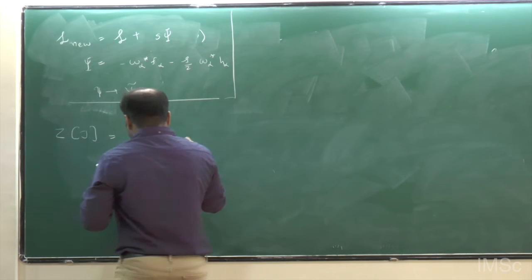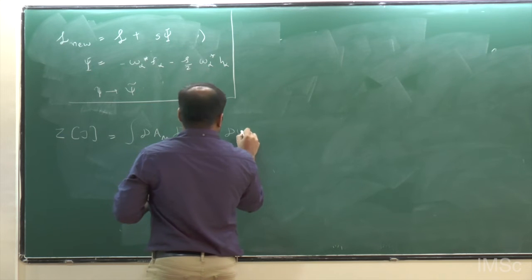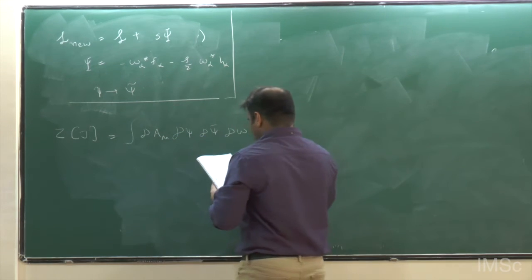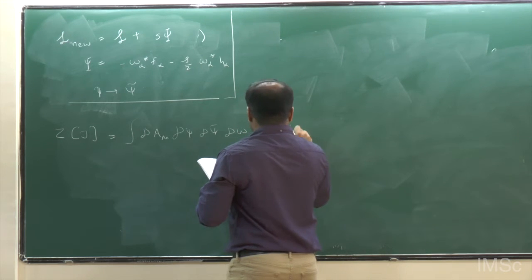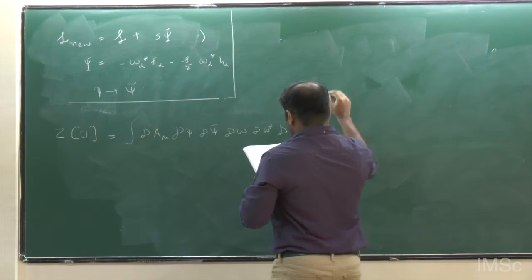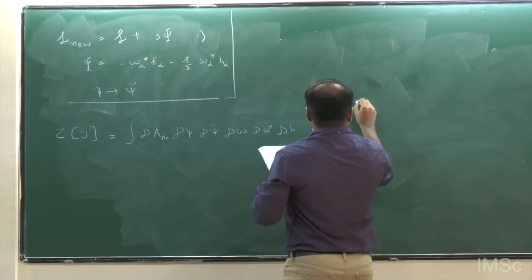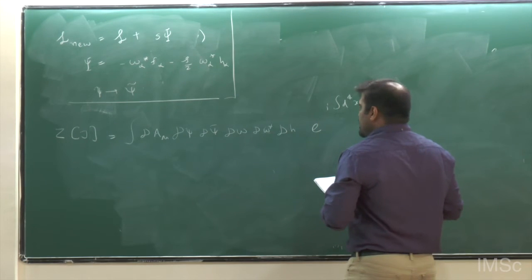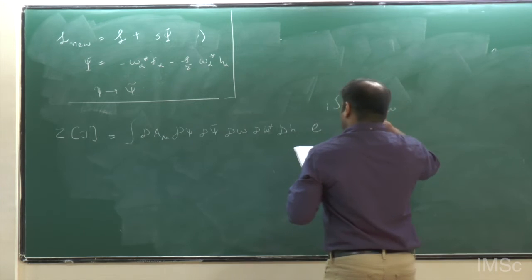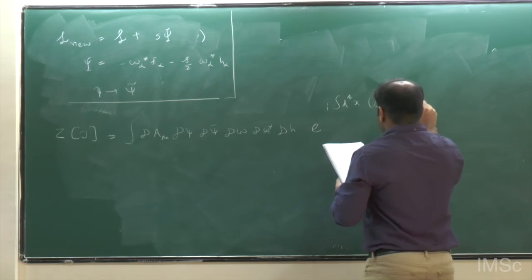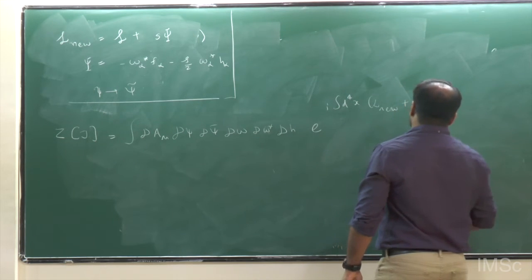So it's again a path integral dA mu, d psi bar, d omega. So all of them are functional integrals for each field. d omega star, dh, and then you have the action piece. Now when you are considering a generating function, you have to modify your action. So you have the new Lagrangian plus chi tilde n into jn. So you have to introduce a source piece.